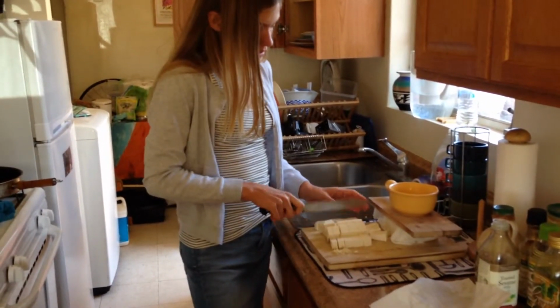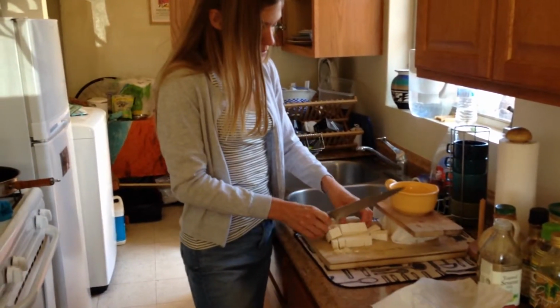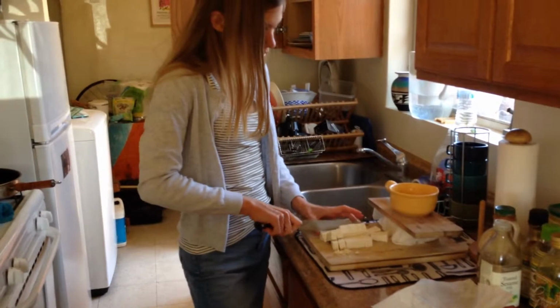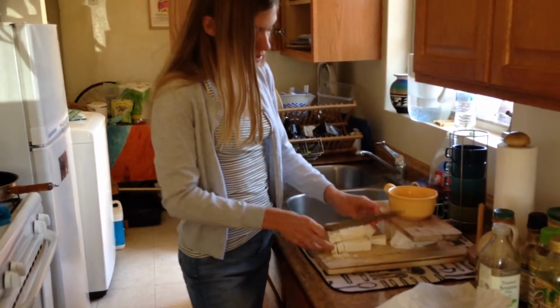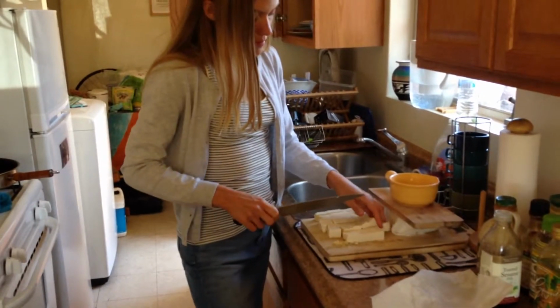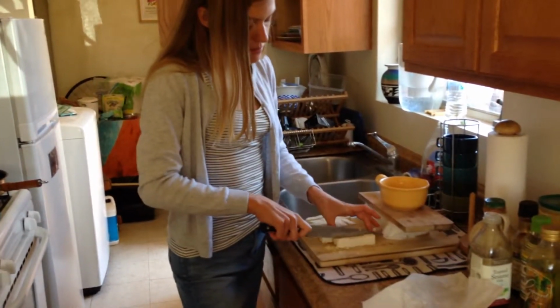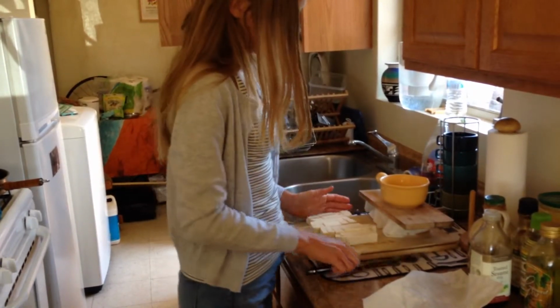And I'm just cubing this tofu. You can cook it into a number of shapes. You can cook it into more steak-like shapes or triangles, where you might have seen it in pad thai. But as I was saying, it doesn't produce oil, so you do need to stir fry it in a small amount